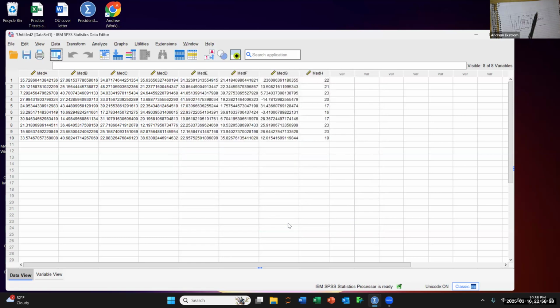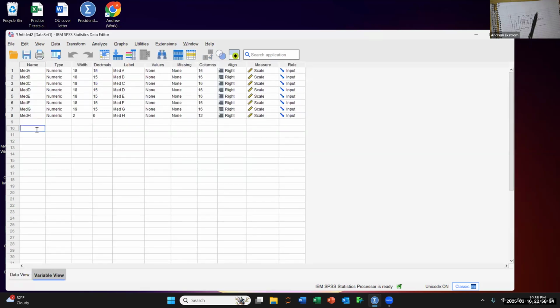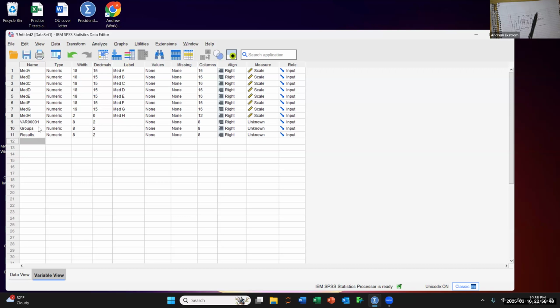Since I've already got it open, I'm going to stick with what I've got. Now, to do this properly, I'm going to go to variable view and, in column 10, type in groups. Column 11,